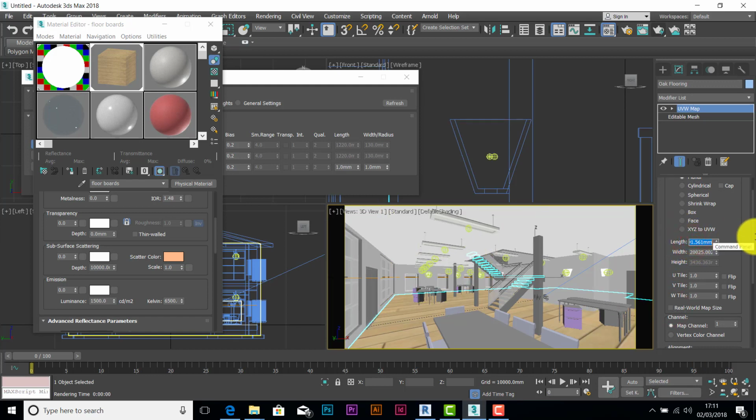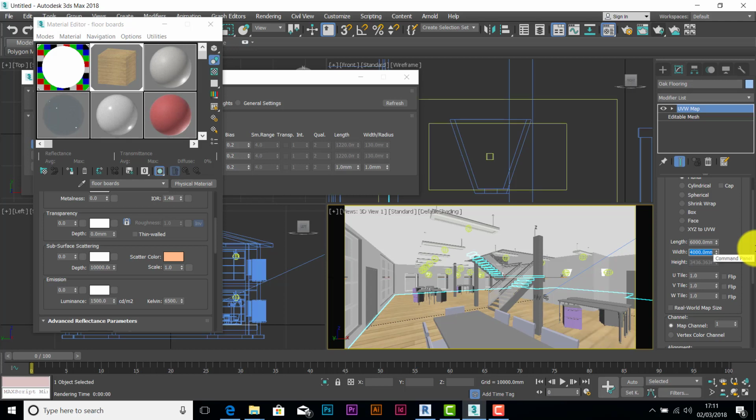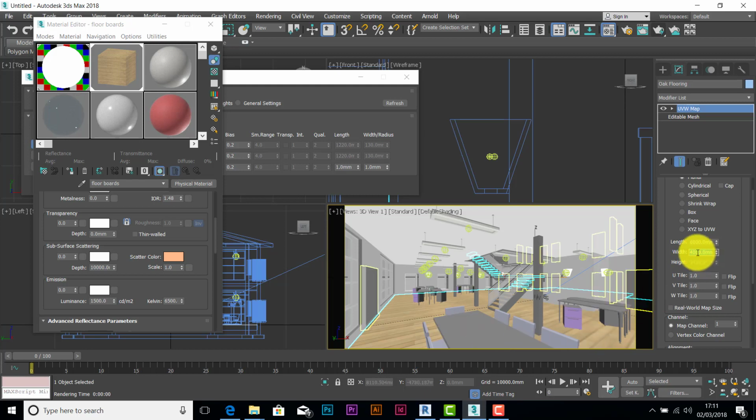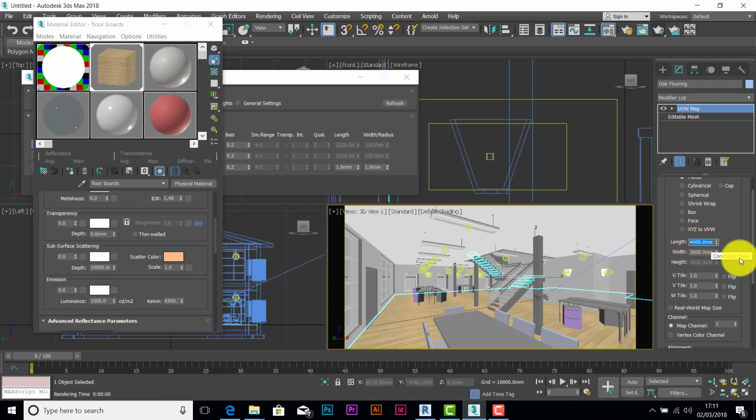Okay, let's say length 6,000, width 4,000. That's the kind of shape of the JPEG. And that looks a bit big in that direction, so let's say this one down a bit. Let's say 4,000 by 3,000. That looks a bit better. Okay,